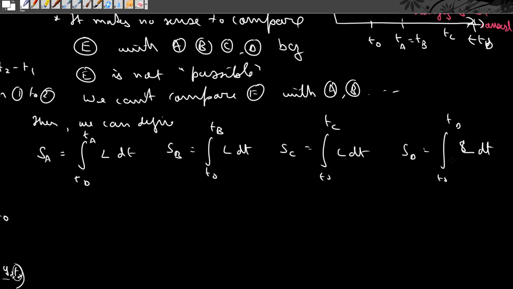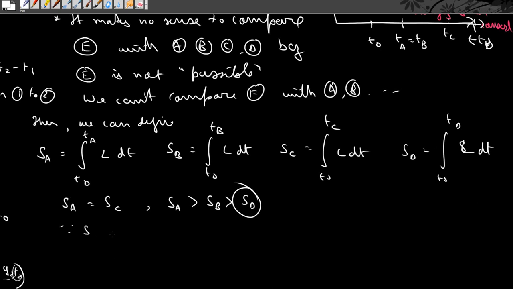Then the question is the following. Let's say when we calculate these values, it comes out that SA is equal to SC, and SA is greater than SB, which is greater than SD. I'm just taking this random relation. So now we find that SD is minimum among all these different possible paths. But does that make SD the correct path? That is the question.